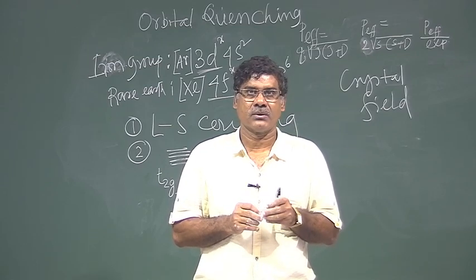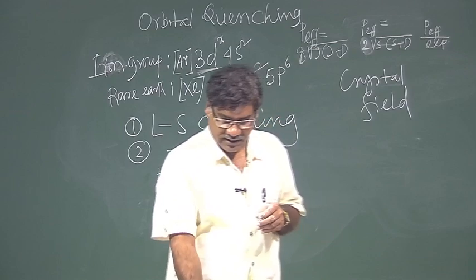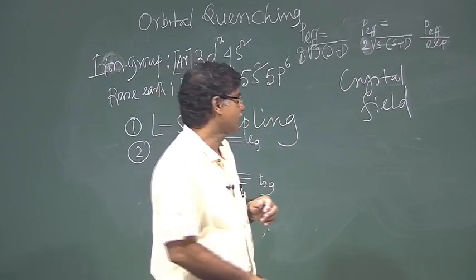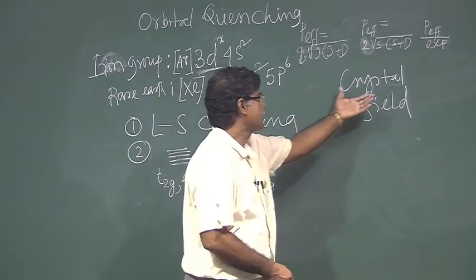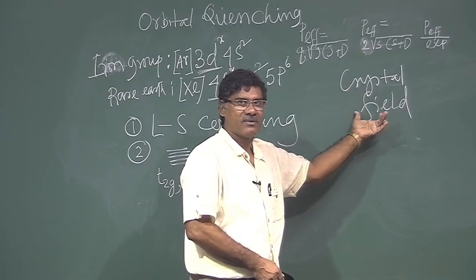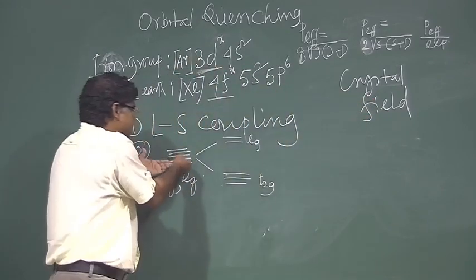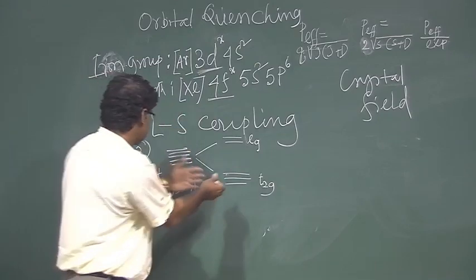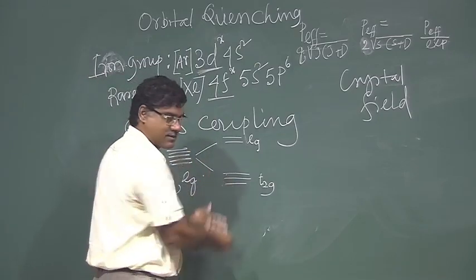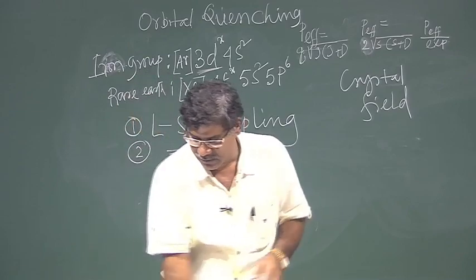Okay. So, this is the reason for the crystal field, and due to the crystal field there is a splitting, the degeneracy is removed. And what happens sometimes, with the tetrahedral I showed you,